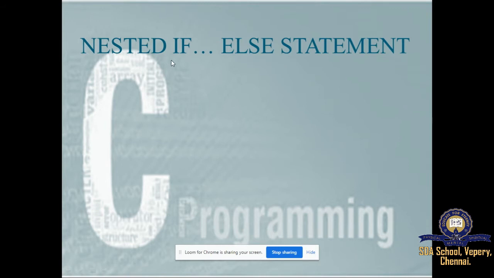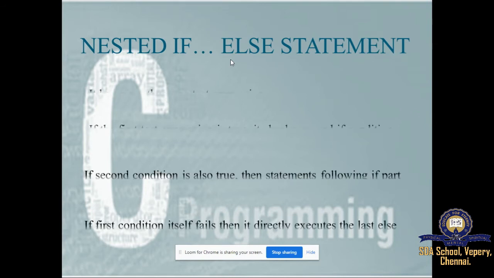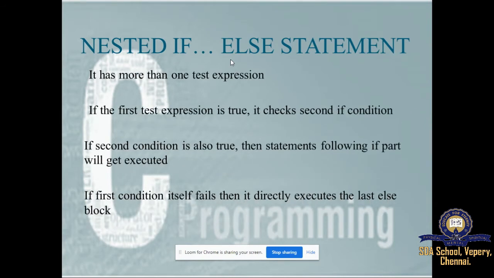Next is your nested if else statement. Nested if else statement has more than one test expression. It will be similar to your if else if, but here the if will be nested more than else if. So first one if condition, then within that the next if condition, then again one more if condition. In such a way you have multiple checking.